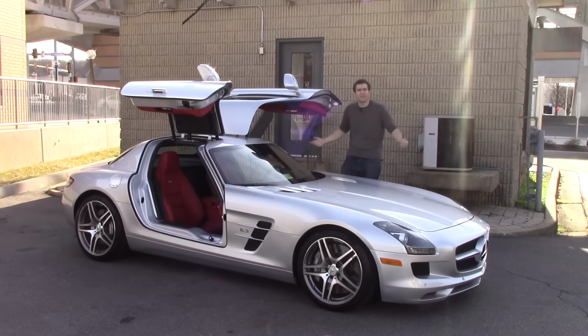I don't know. I've driven a lot of cars, but I've never spent any time with an SLS. I've never even sat inside one. So today, this one was loaned to me by the generous Exclusive Automotive Group, Aston Martin and Bentley of Tyson's Corner in the Washington, D.C. area, and I'm going to show you around it. I'm going to give you a tour, and then I'm going to take it out on the road to find out if this thing is really worth